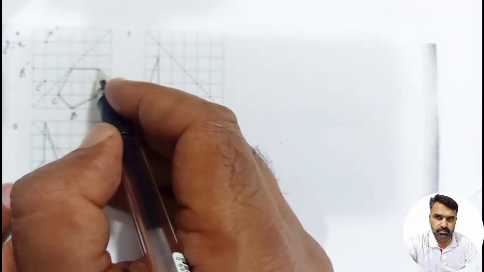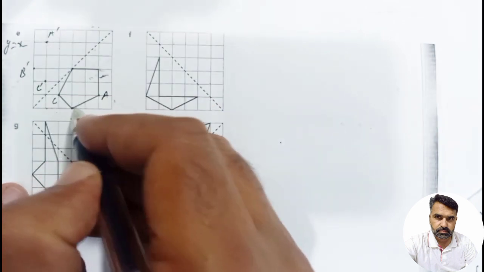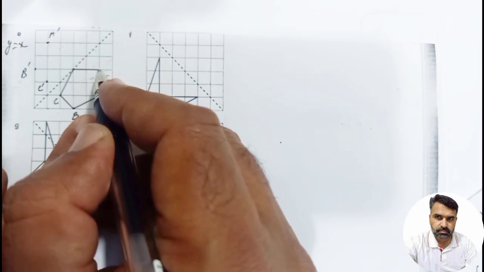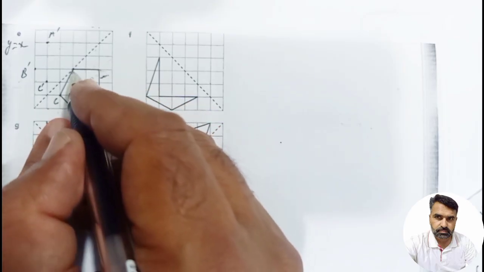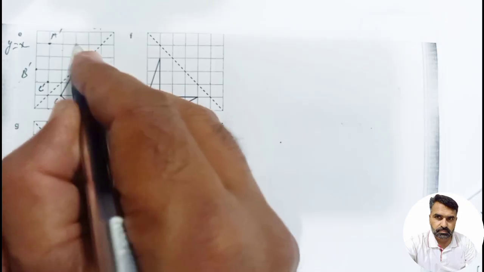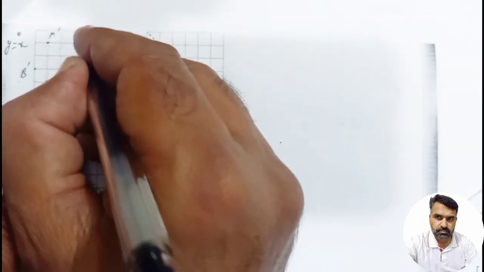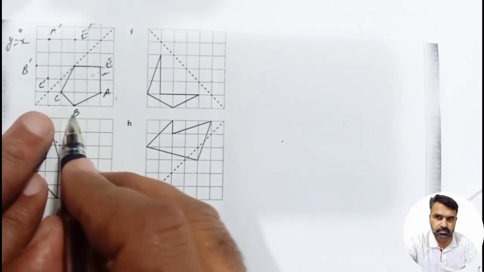Now look at the coordinates of this point, and the coordinates are 3 and 5. Name this point as E, so it will be E prime. Now students, C prime will be joined with B prime,